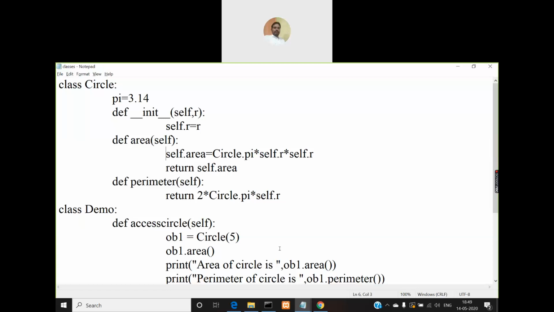Even though the Java program length will be more, there will not be any ambiguity and confusion when you are writing a Java program. Everything will be crystal clear. But when you are using object-oriented programming concepts in Python, you'll get a lot of confusion. There is a class variable and an object variable. In Java, class variables are referred to with the keyword static. So you can understand that this is a class variable, and you can call that variable only using a class name. So there is no confusion.